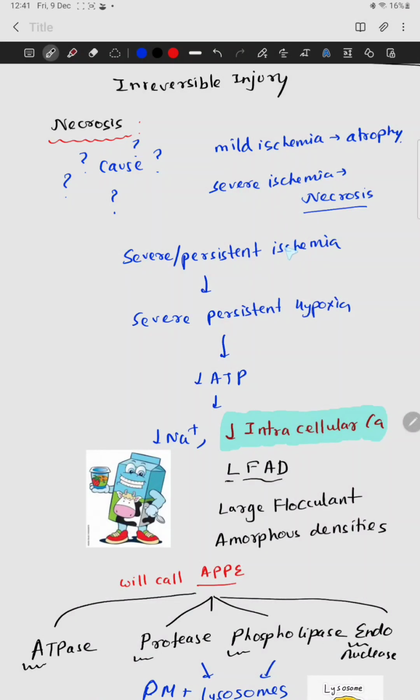Everyone, earlier we had studied about cell adaptation, right? And that was reversible. If it is reversible, it is good, but if it is irreversible, you need to know how to dispose of the cell, right? So that is irreversible injury, which we are talking about. In this section we are going to start with necrosis.